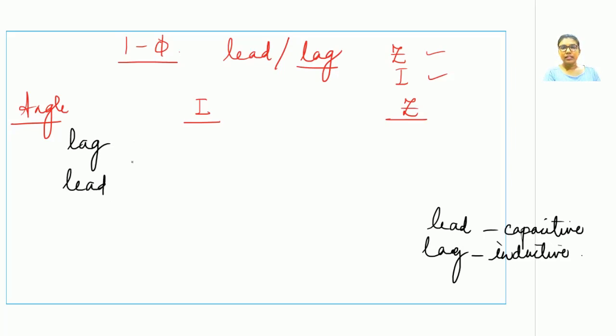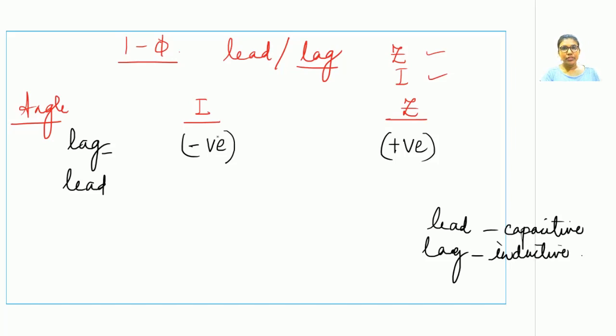Now when a circuit is inductive in nature, the power factor presented by that particular circuit, or the phase difference between the voltage and the current, would be of lagging type. So under such circumstances, the angle which will be carried by the current would be a negative value. If under the lag conditions, the current carries a negative value of the angle, the impedance will carry exactly the opposite. For a lag circuit, the value of the impedance will carry a positive angle. So this is the set that we have already studied in a single phase circuit.